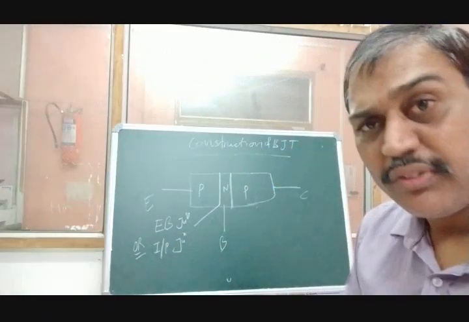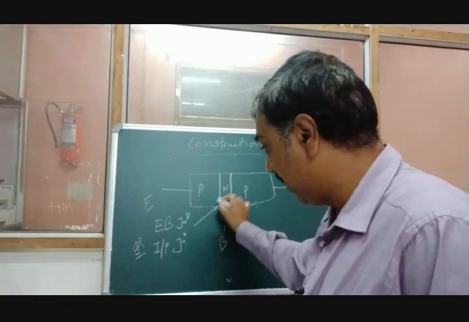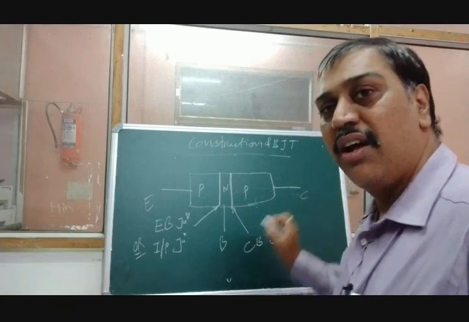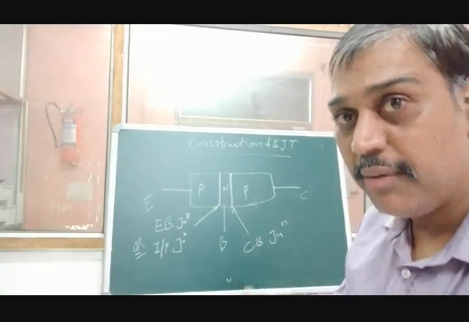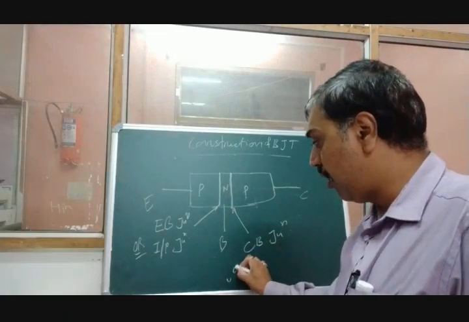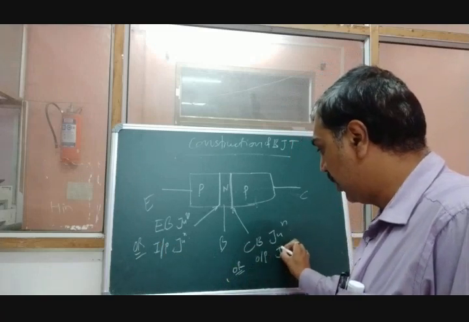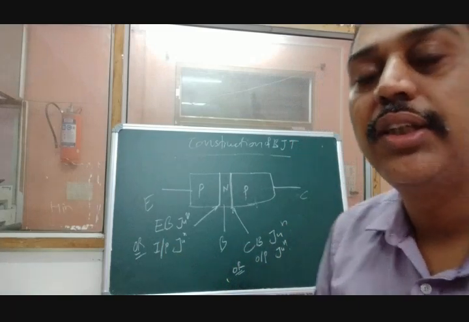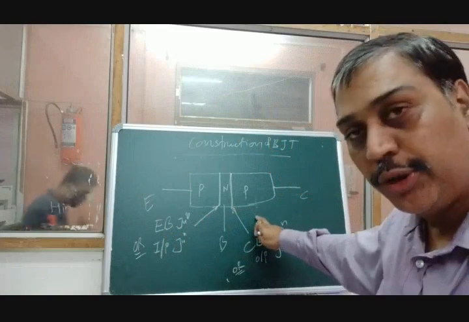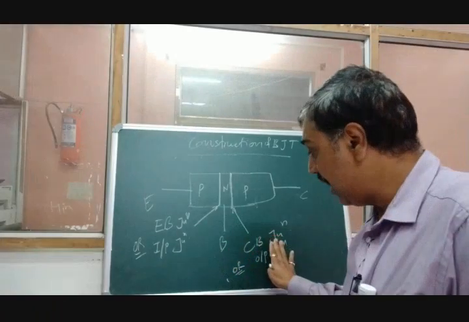At the same time, the other junction which is formed between base and collector, this is the emitter base, and this is said to be the collector base junction. It is the PN junction between collector and base, and similarly it is said to be the output junction. This is the symbol for output. So in transistors there are two junctions: the input junction, also called the emitter base junction, and the output junction, called the collector base junction. I hope you got an idea about the emitter base and collector base junctions.